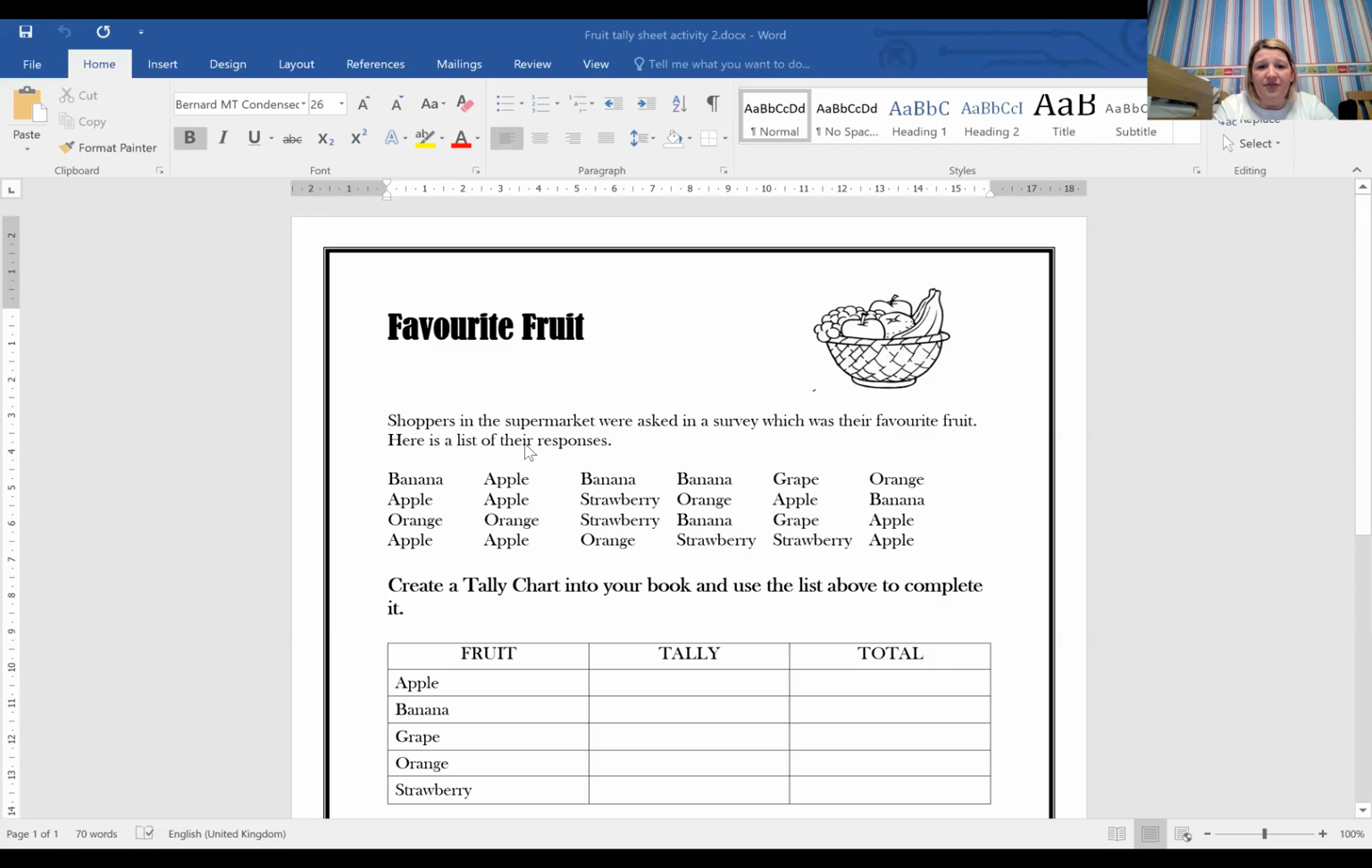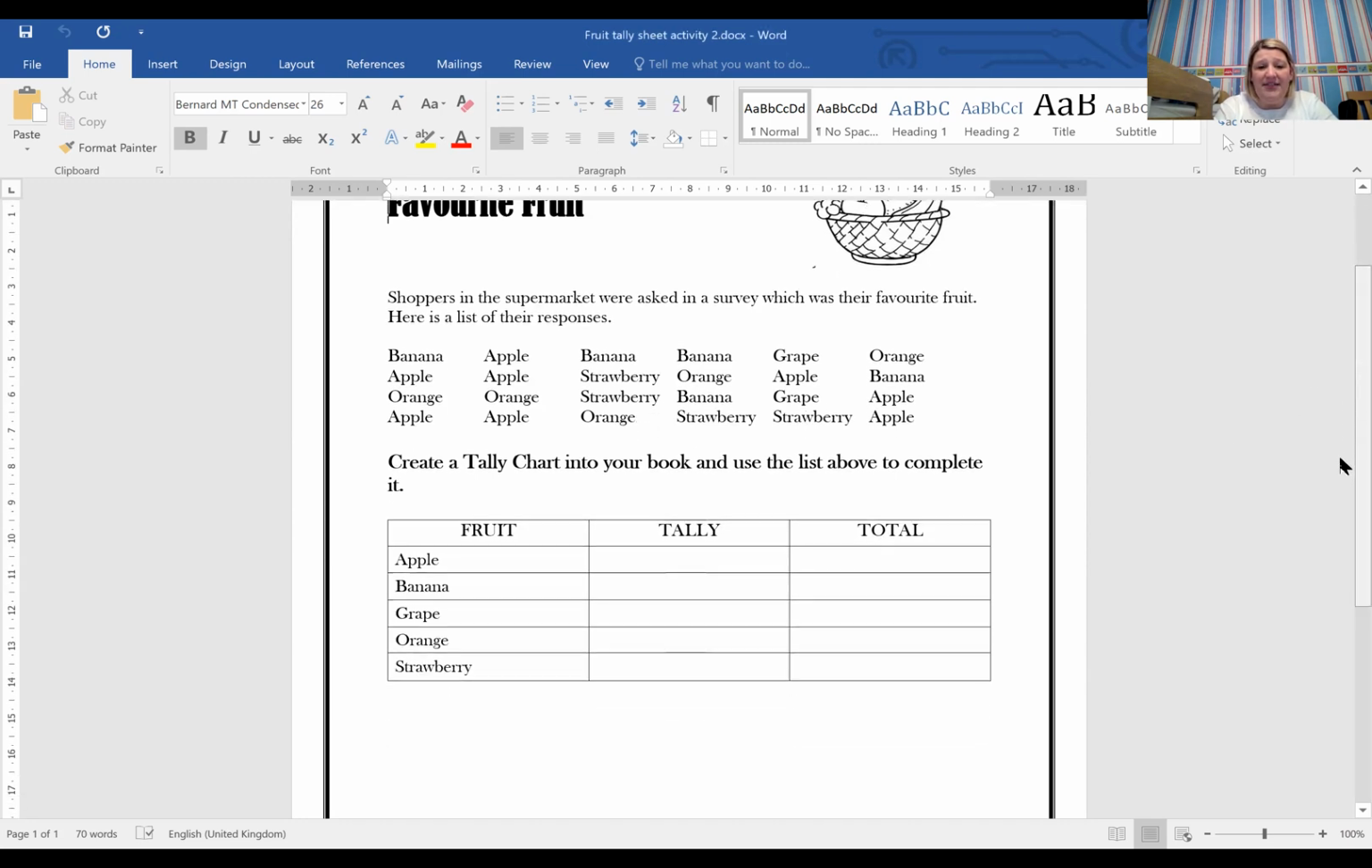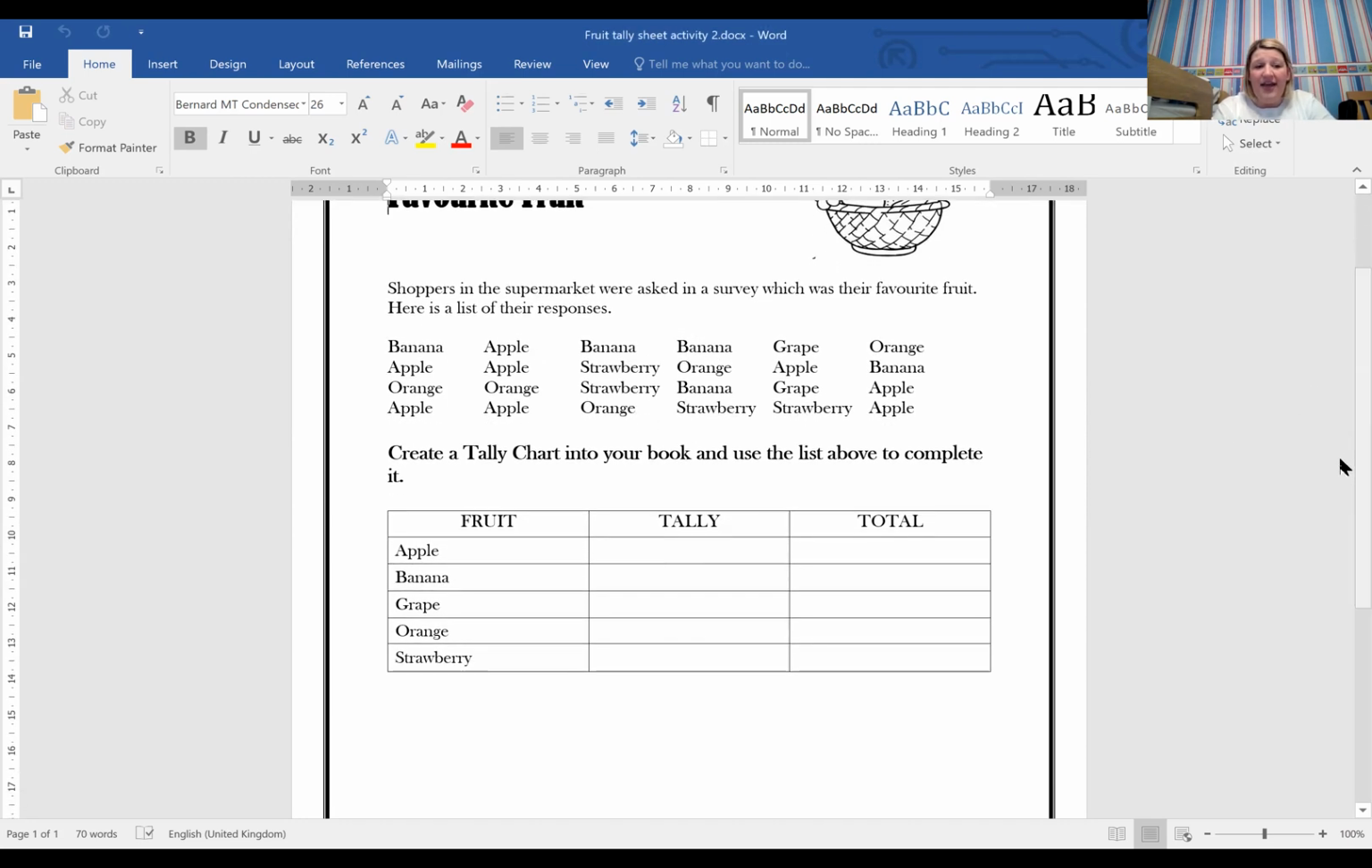So here you've got one about favourite fruit. Shoppers in the supermarket were asked in a survey which was their favourite fruit. Here is a list of their responses. So all the responses are here. So you're going to create a tally chart in your book and use the list to complete it. So again, when you've done that, you can check your answers because mine are in my book on the photo page at the end. So again, pause the video, go and create a tally chart,